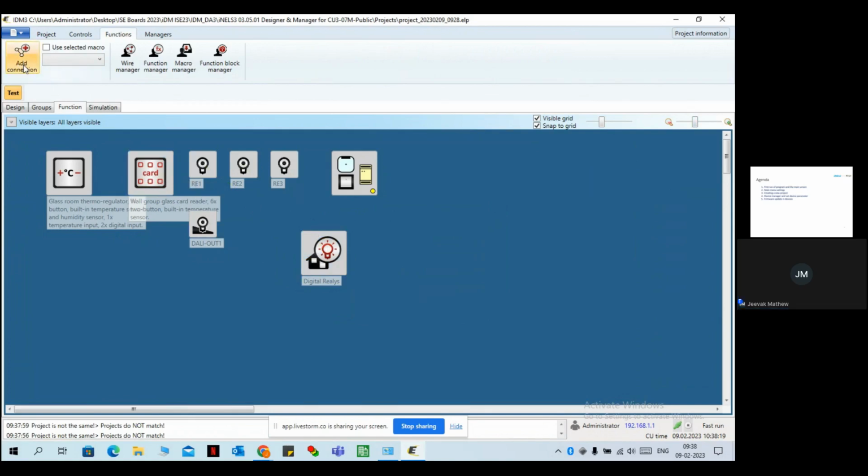So if you need to add a connection, then you need to click here, and these green buttons will show you from where you can pull a wire. So these green icons show that you can pull wire from there. Since this is not linked to any units, you will not see any wire from there. Okay, so I pull a wire from here to the group relay,